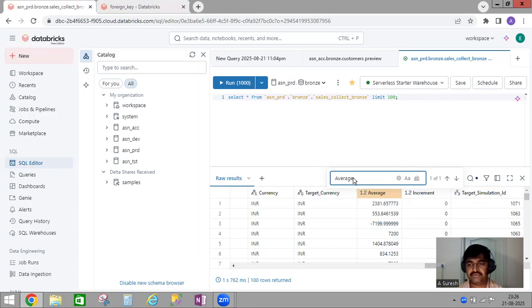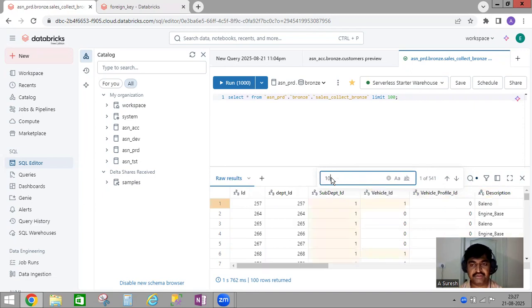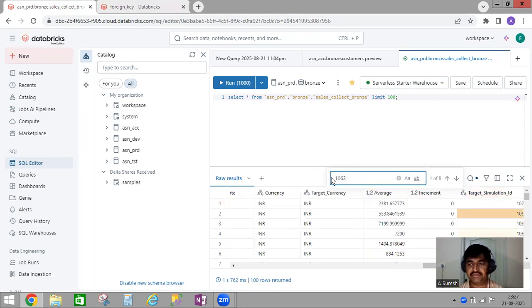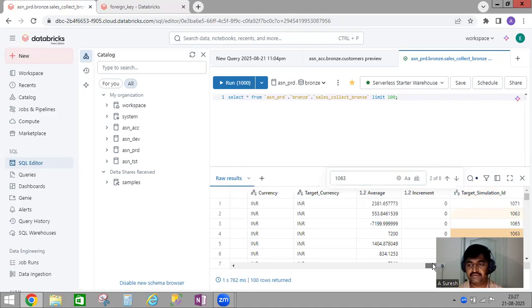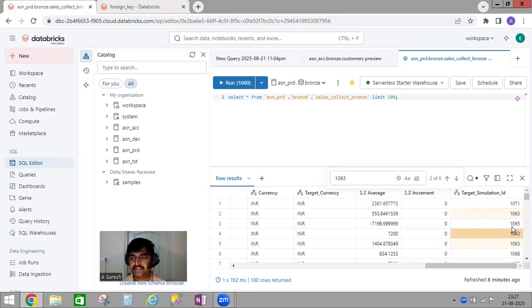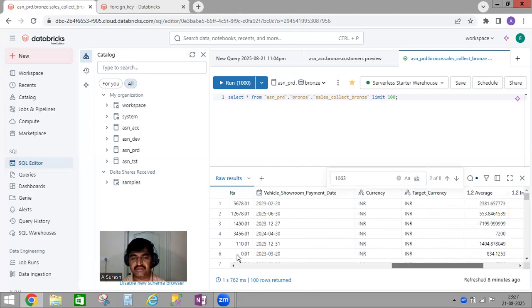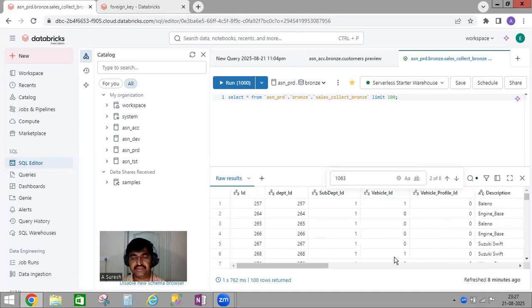Suppose I enter some number, 1063. If I enter this, see here, I have 1063 values, so it will take you directly to it. So you can enter anything inside this table, and it will show you in this. And next,